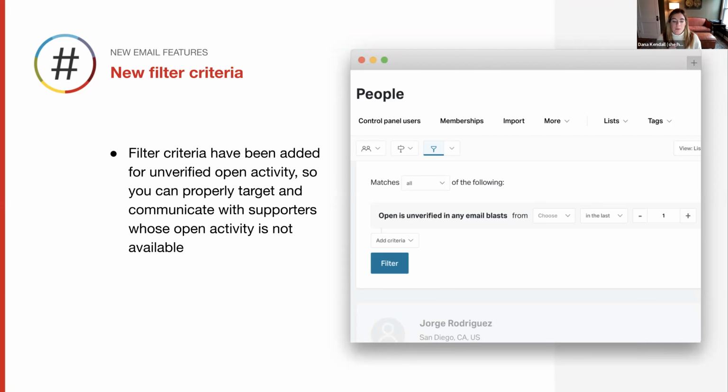We may iterate on this and change the filter, but for now, open is unverified in any of the email blasts, and then you can choose your broadcaster and this date range. So the unverified version of the open filter is available for has opened an email blast from a broadcaster, has opened a specific email blast, all that stuff,